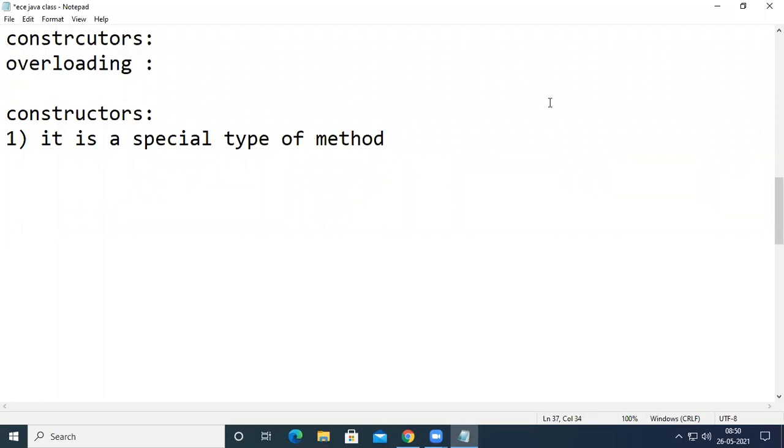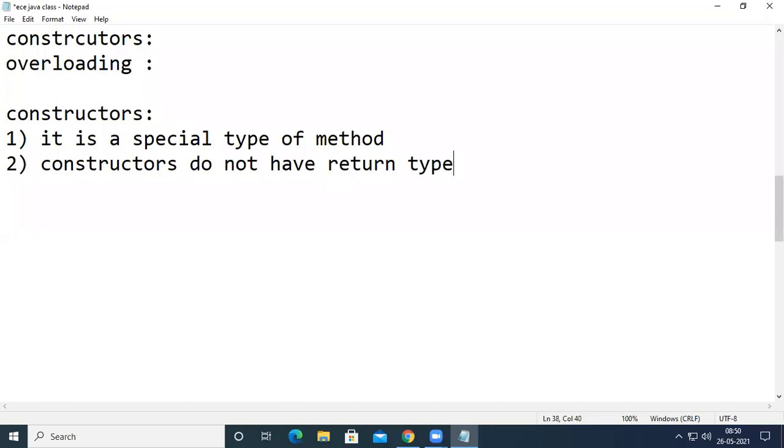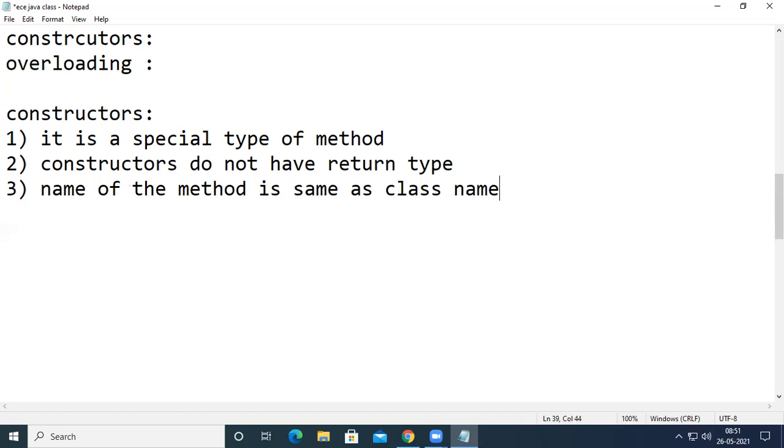The second one is that constructors do not have a return type, where the name of the method is the same as the class name.